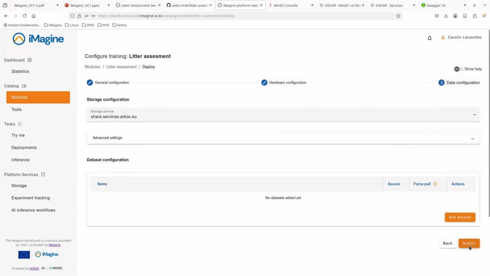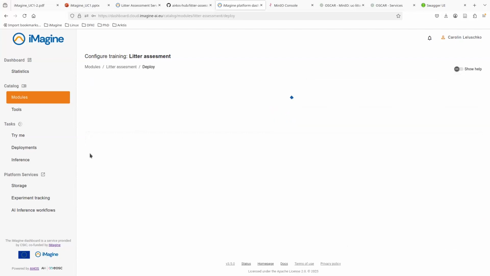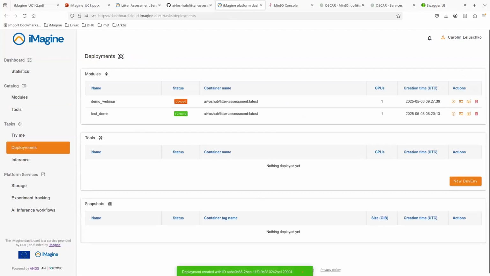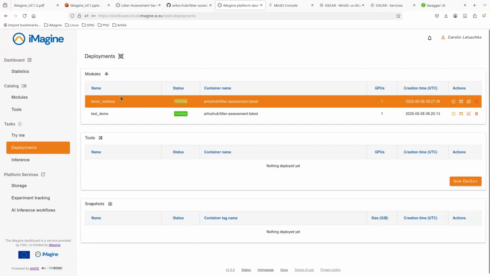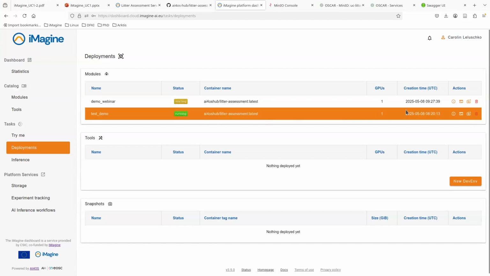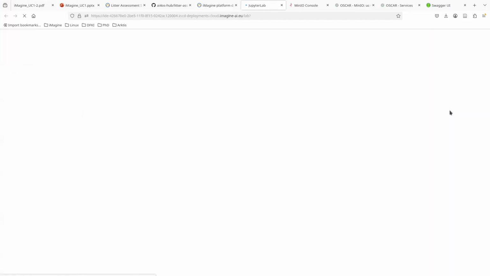Once we submit that, we can find the deployment in the tasks and under deployments. I already have 1 instance running. So if we access this, this is starting it. It takes a while, so I will use the one that I set up before. If we go to the Jupyter notebook,